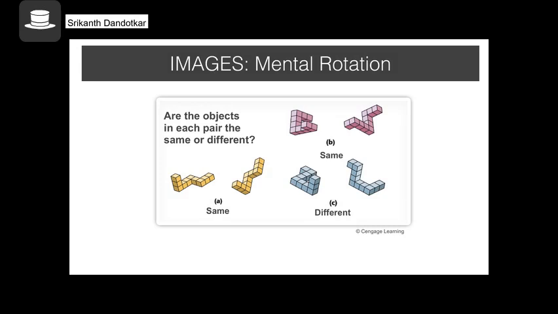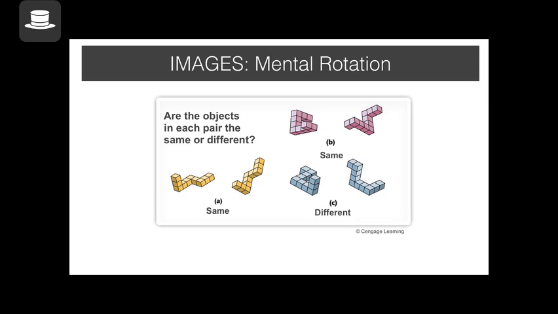Now, one important thing about these images, whether it's visual or any other format, and more particularly the pictorial ones, the visual ones, is that we can manipulate them, right? Under this idea of mental rotation, we can mentally imagine an object, and we can mentally rotate an object. And researchers have found that we take approximately the same amount of time to mentally rotate the object as we would to physically rotate it.